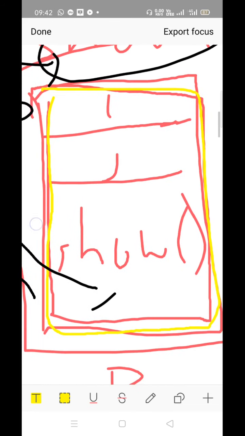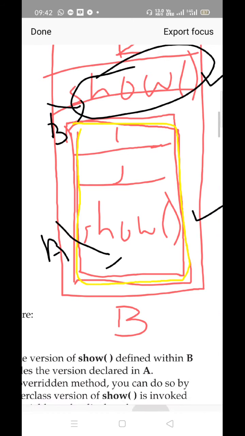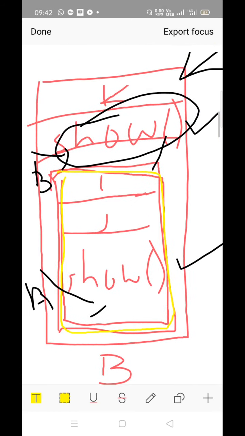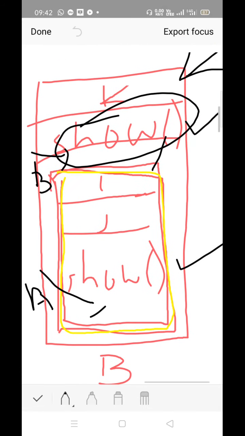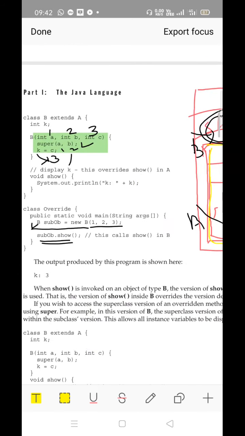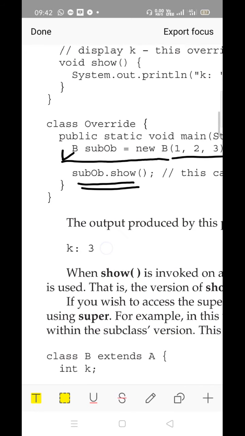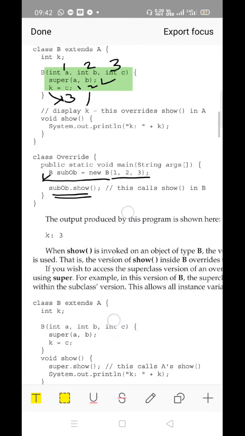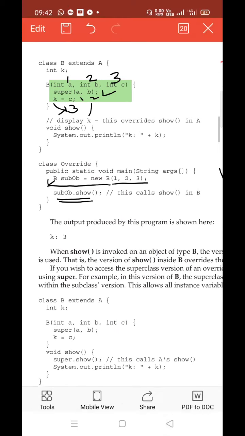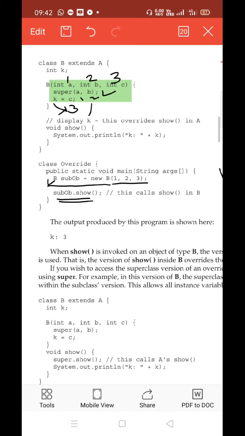Which subclass version of the show function? I have already highlighted it. These are the contents of the subclass which we have listed. So the subclass version of the show function should be called. That means we are going to print the value of k only. The values of i and j we are not printing here. If you want to print the values of i and j, what is to be done? See the output, it prints k only. Here the explanation is given. So just go through the next statement. If you wish, I'll change the view so the statement will be clearly visible.